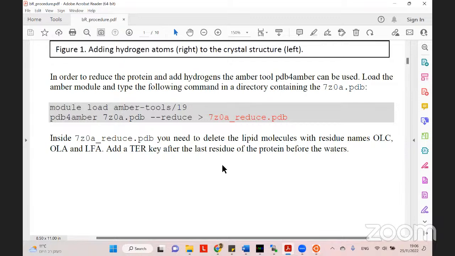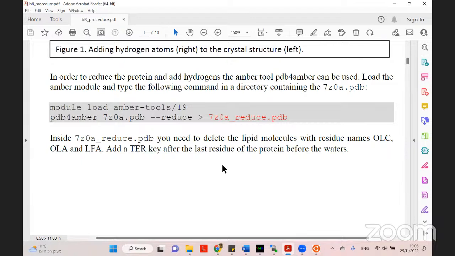Okay. So as I mentioned, these rhodopsins are membrane embedded proteins. So many times when the crystal structure is solved of a membrane protein, the structure also contains some lipid molecules. They don't bother us, but the problem is that if we're going to do a simulation, these lipids will require special parameters, and this will cause some problems. So that's why, at this point, we are going to simply delete all the lipids in the PDB